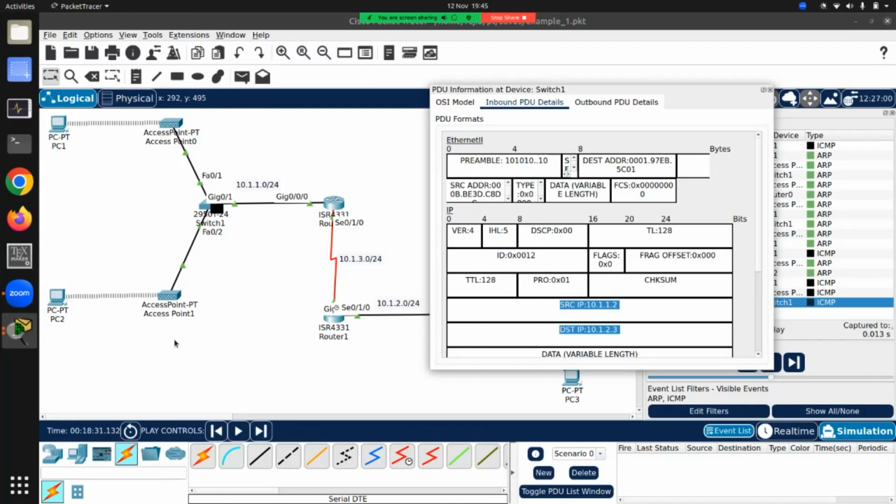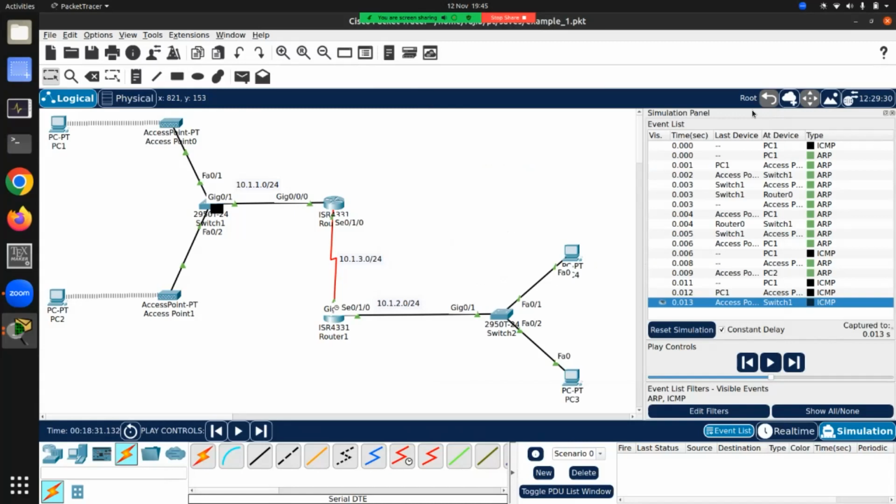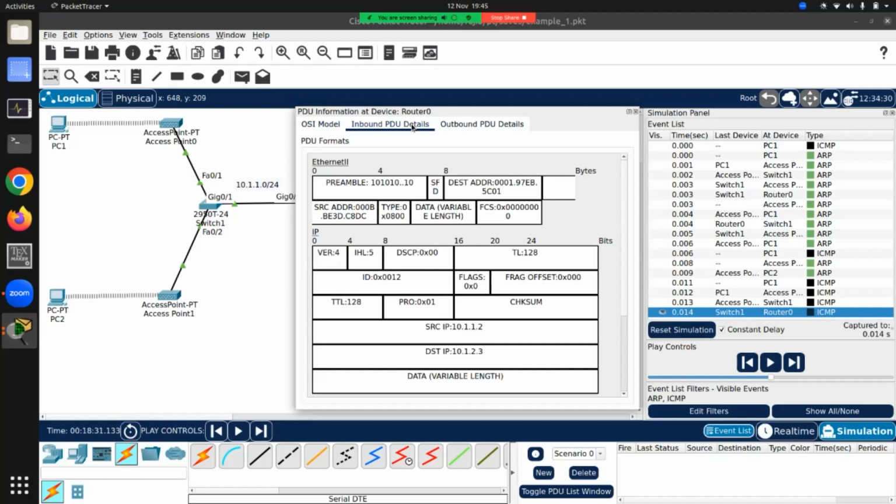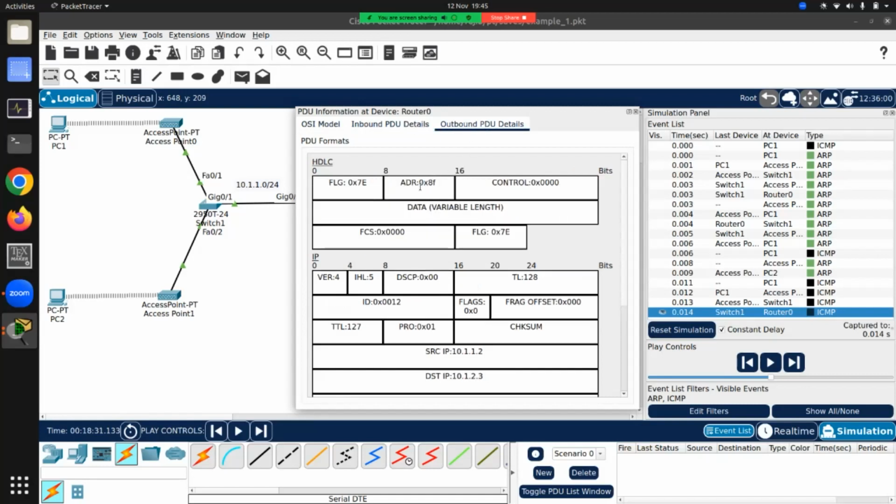So this is how you will see now what happens. It has reached the switch. Come here. Again, you can see. Again, you can see. Now, something completely different will go out